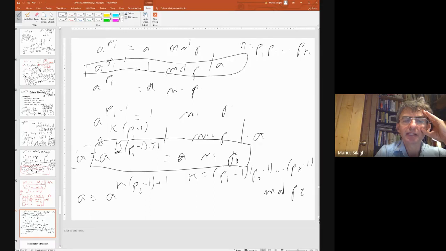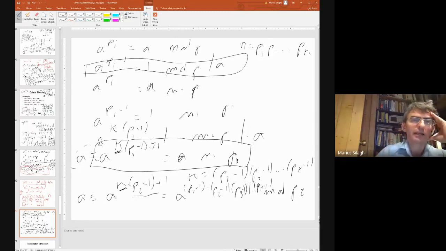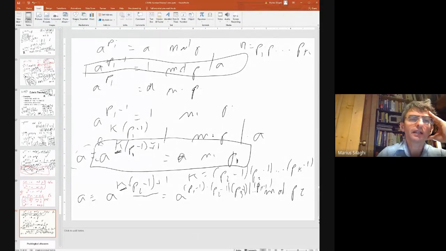Let's write this as A at power, and this k will be p1 minus 1 times, we keep the p2 minus 1 from there, so we say p3 minus 1, and so on, pk minus 1, and we had the p2 minus 1 from before. This is also going to be true. And like that, writing continuously, we are going to arrive at